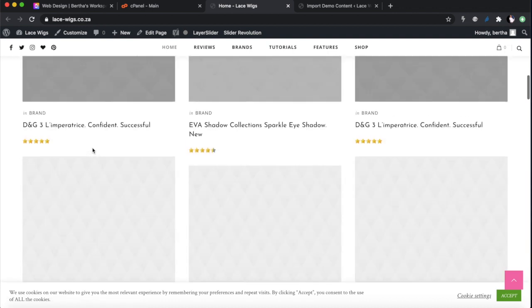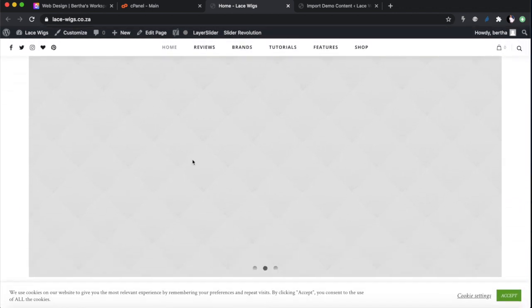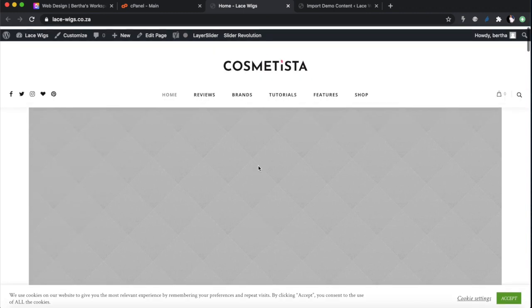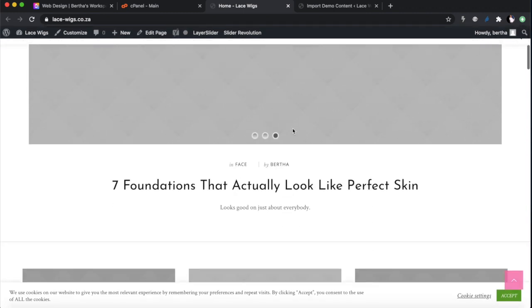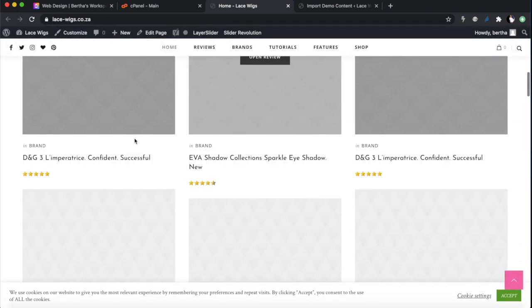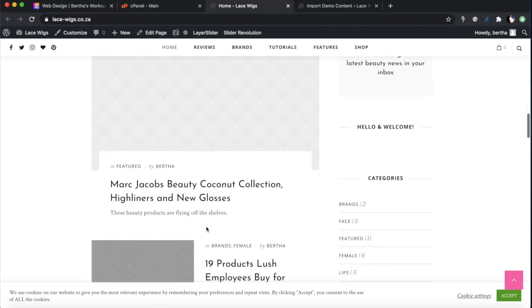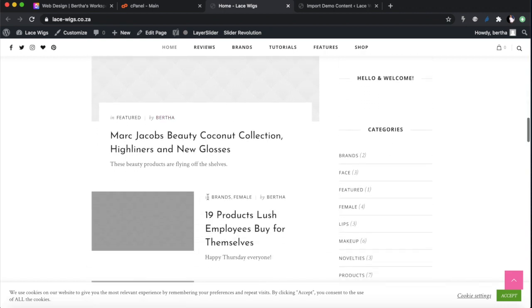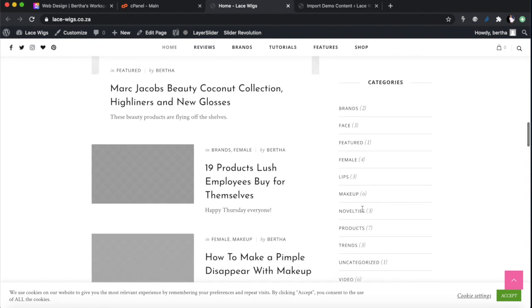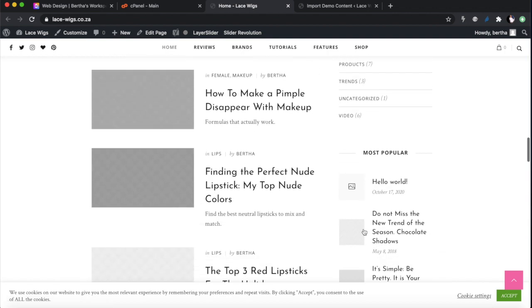At the top here, you've got a slider. I'll show you how to edit this slider, and then you get a product list. These products come directly from whatever product list you would have had, and the brand would be the product category that you would have. And then these are your blog posts. Based on whatever blog posts you've written, with you as the author, they will be shown here, or based on the different categories for the posts.